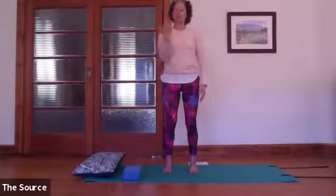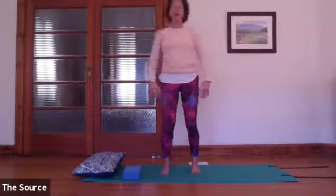Bringing the hands all the way to the front, and then just allow your arms to come down. And if you're standing against a wall, you can just step a little bit away. You can let your arms relax or place them onto your pelvis. If you have a piece of chalk on the tip of your nose, we're going to draw an infinity sign,